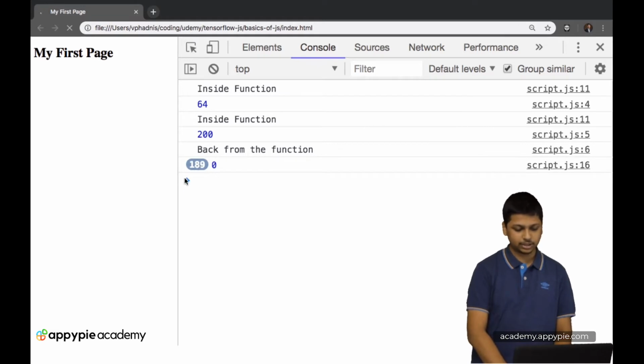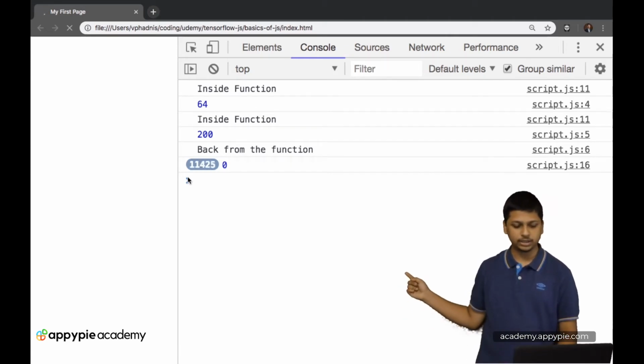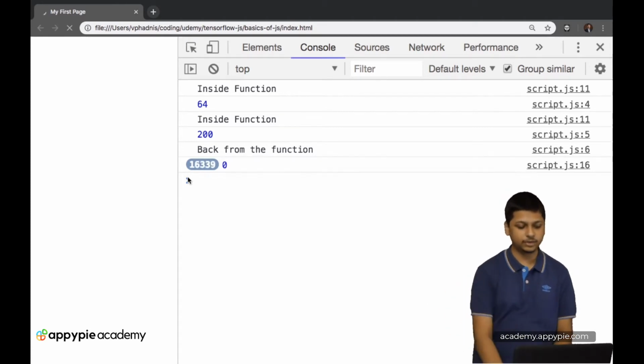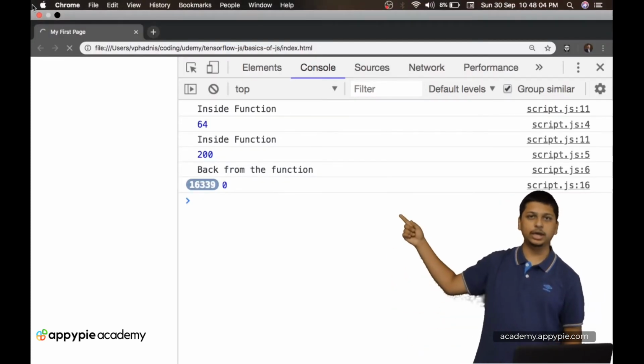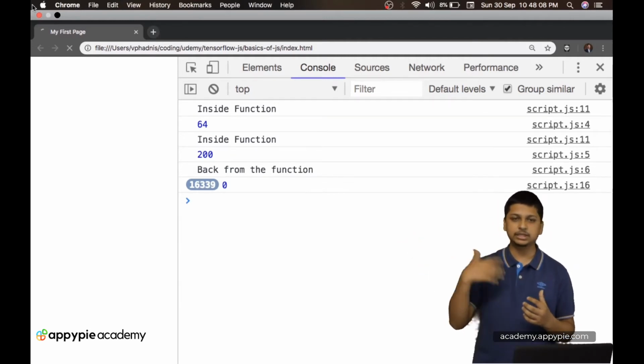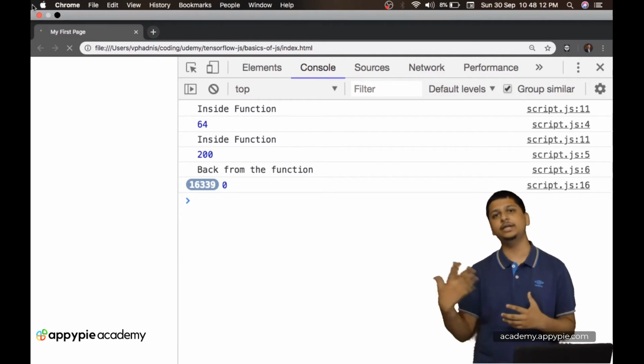And now as you can see over here there is a 3093 number. The more you click on the expand arrow over here, the number simply keeps increasing. We also have the loading icon present, which indicates that our JavaScript is still loading, and this is because we have entered an infinite loop.